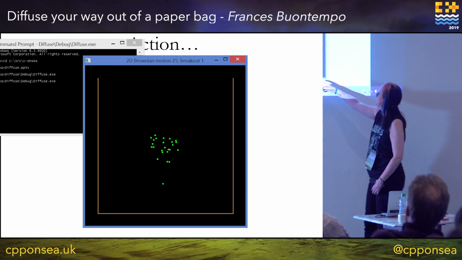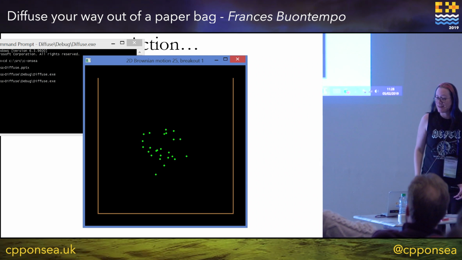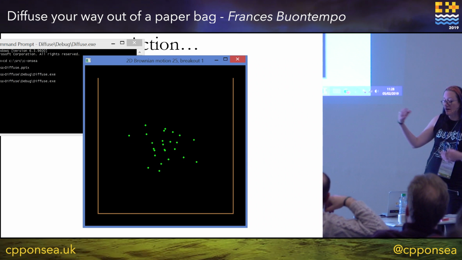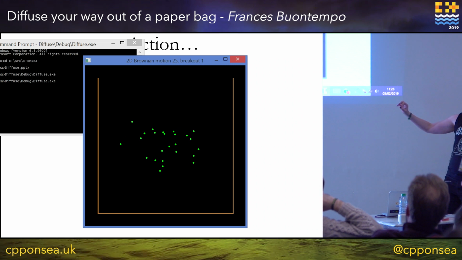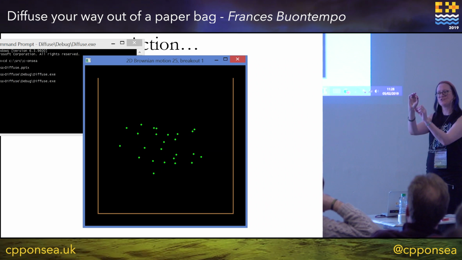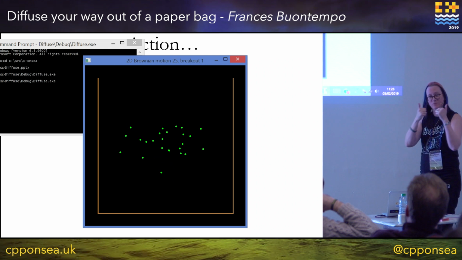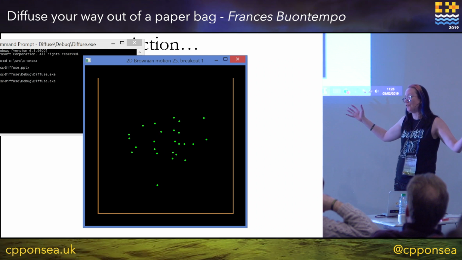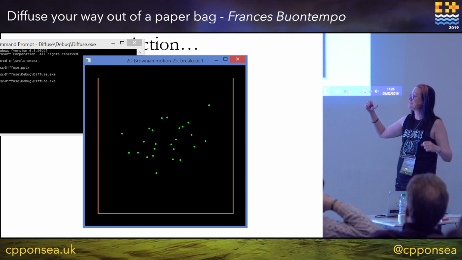So, paper bag, my 3 rectangles that I left as an exercise to the reader to fill in, green blobs moving. Look, it's just some random numbers going on. I think if you look at them, you can see the average is still where they started in the middle. And they are spreading out, because we did our proper maths, we used root T, so it doesn't zoom off, doesn't stay clumped up. They are spreading out at quadratic variance.